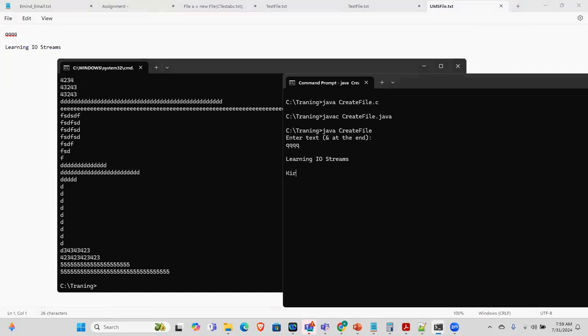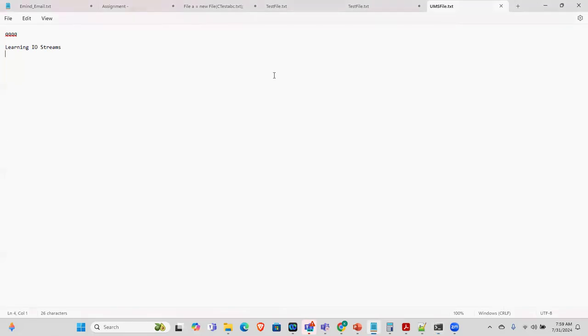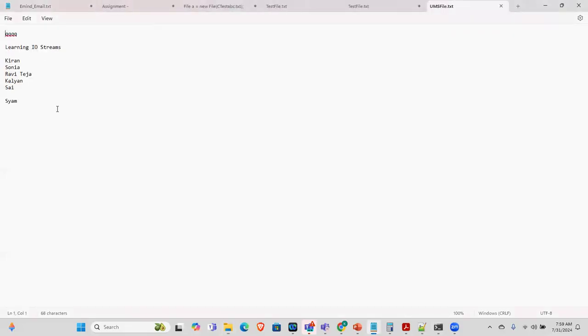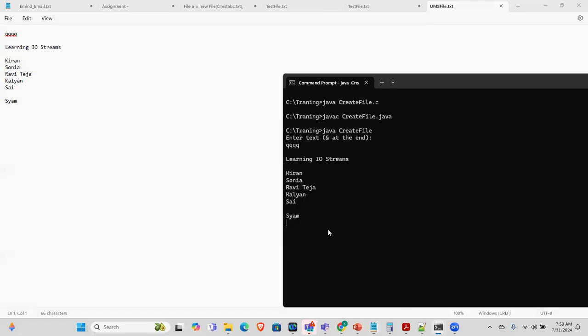So I type Kiran, Sonia, Ravi. I type all the names. I need to refresh the file and open it. So my names are coming here from my keyboard, whatever I'm typing here, and the program is still running actually. When I enter the ampersand, this program will end. And if I type some junk characters,